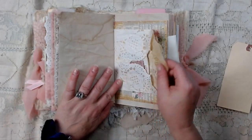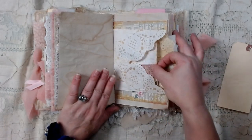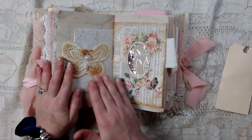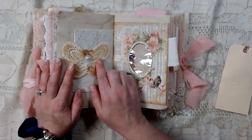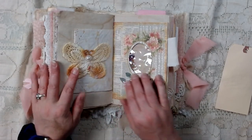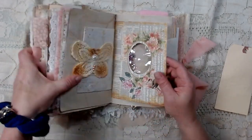Here's another one of those doily pockets that I made with some tidbits in there. And a lace butterfly, where we put some bling. I sewed in some beads there. This is a shaker card. Stuff does shake, but it tends to...